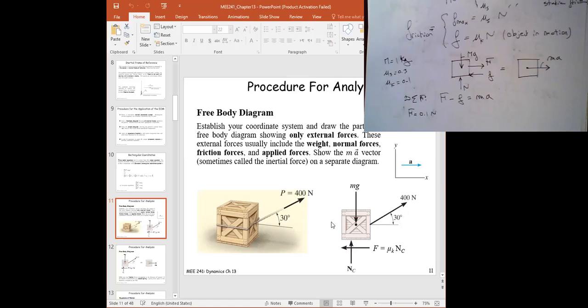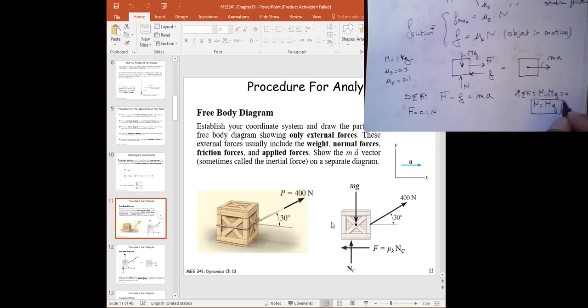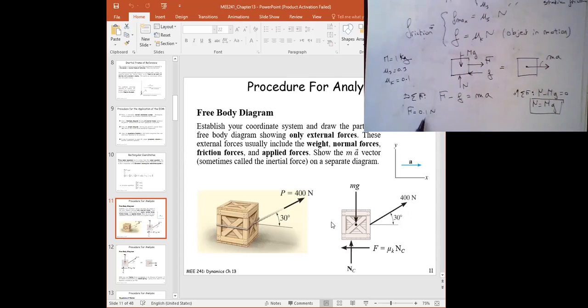So how do we know the value for the friction? First, we need to get the normal force, which is mg. If we sum the forces in the vertical direction, the y direction, I know that I'm going to have N minus mg equal to 0. So N is going to be equal to mg. So we actually have that, right?